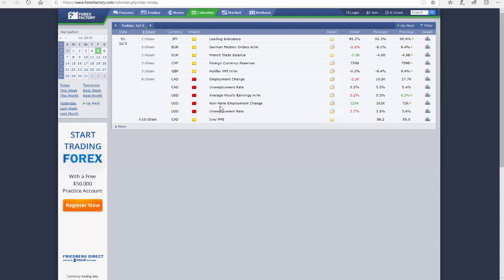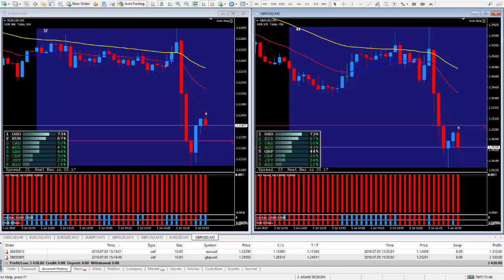So it's this rate, non-farm employment change right here. It's green and it's approximately 60 Ks positive, which means we'll be buying the US dollar. Now, I was comparing it against the CAD dollar, which is negative here. So in other words, with dollar CAD, if you did it, it would be going up, like you'd be buying it. But I did not trade that one. So let's look at the charts.